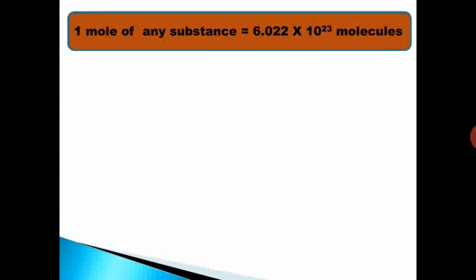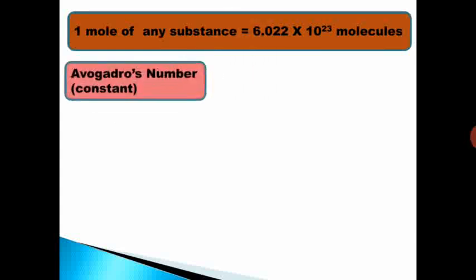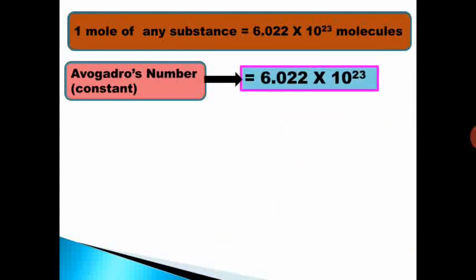Let it be water molecule, let it be carbon dioxide molecule, number of molecules in 1 mole will be 6.022 into 10 raised to 23, and this number is called as Avogadro's number or constant. Why it is called as Avogadro's number or constant? Because the Italian scientist Avogadro did pioneering work in finding the number of molecules in 1 mole, and that's what this number is called as Avogadro's number, 6.022 into 10 raised to 23, and it is denoted by letter N